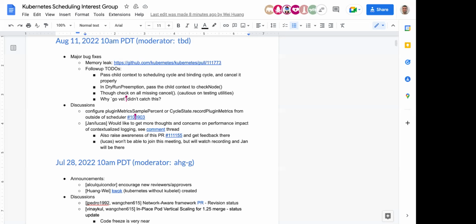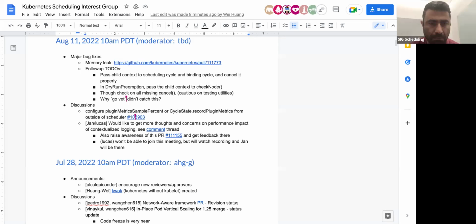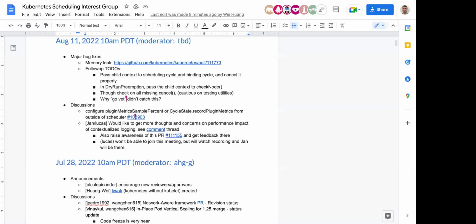The reason to mention this is to get awareness of the SIG scheduling group, and to discuss if you agree on the approach. Right now, the changes that Lucas made are more or less just propagating the new logger and replacing klog with the new logger, keeping the same key value pairs,